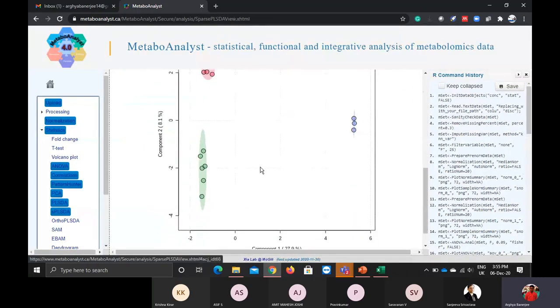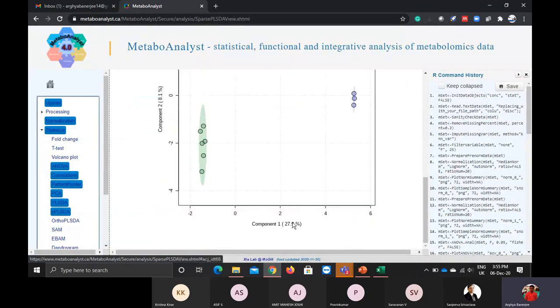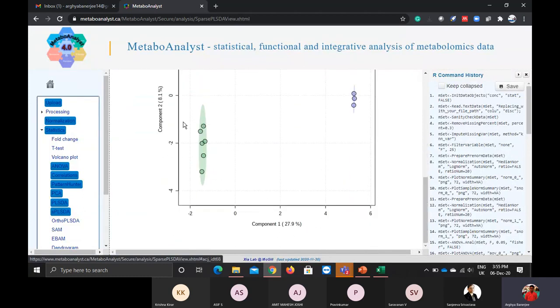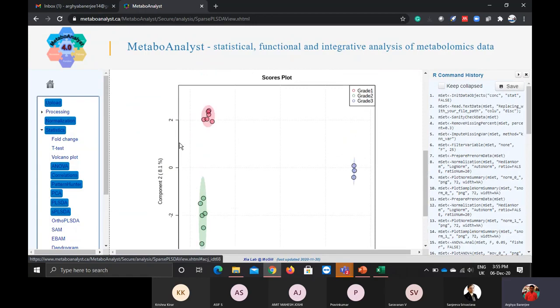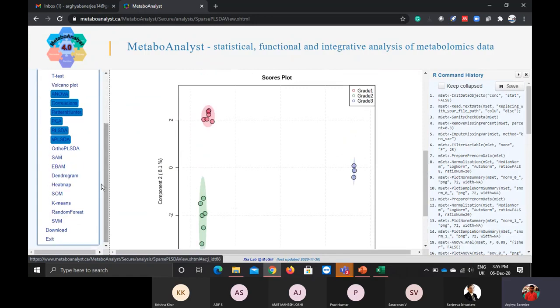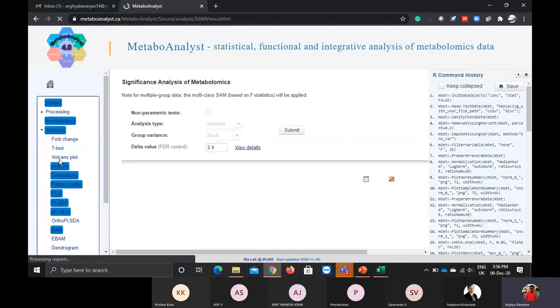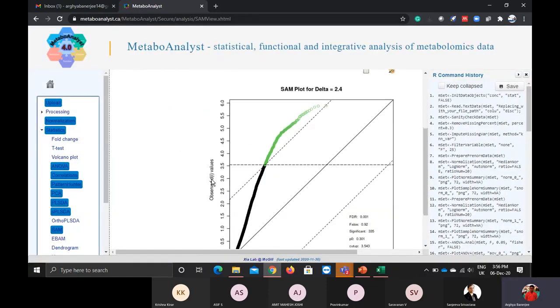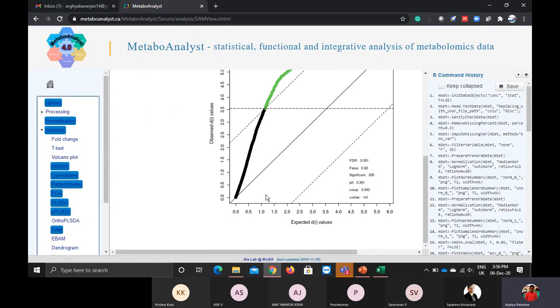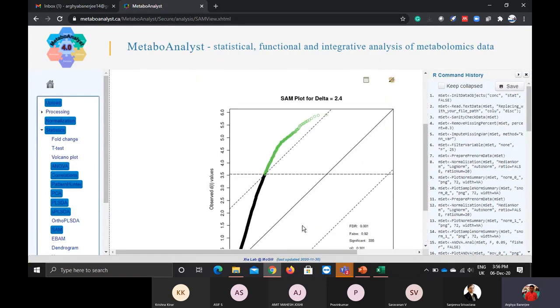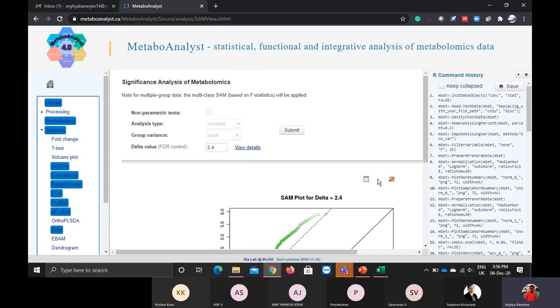In the 2D score plot, you can see around 27.9 features have been selected. You can see the PC1 and the PC2, the component 1 and the component 2 segregation. So the SAM, the significance analysis method, I think this can be used. These are highly used for microarray analysis, the protein microarray analysis, where you expect a mean decrease in the accuracy. I think the expected mean decrease in the accuracy is plotted, and you can download this.